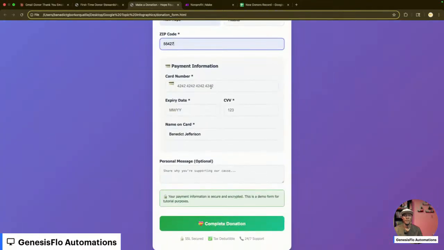We're going to use a dummy payment here. Oops, my bad. It's supposed to be 4242 4242 4242 4242. 1, 2, 3.